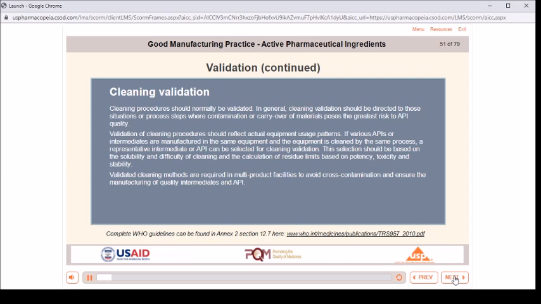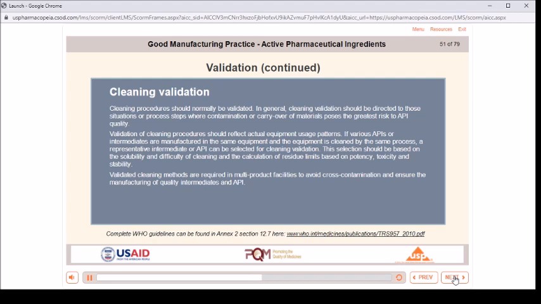Validation, continued. Cleaning validation. Cleaning procedures should normally be validated. In general, cleaning validation should be directed to those situations or process steps where contamination or carryover of materials poses the greatest risk to API quality. Validation of cleaning procedures should reflect actual equipment usage patterns. If various APIs or intermediates are manufactured in the same equipment and the equipment is cleaned by the same process,